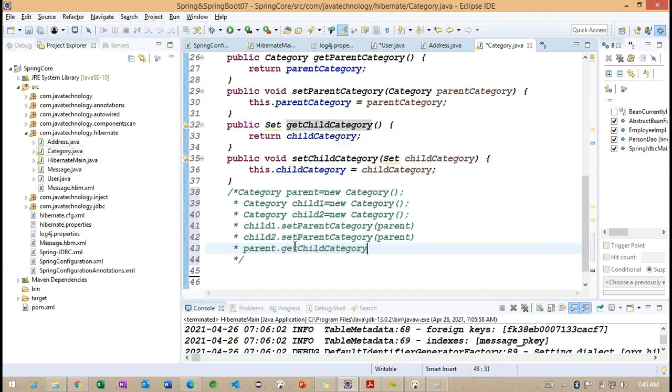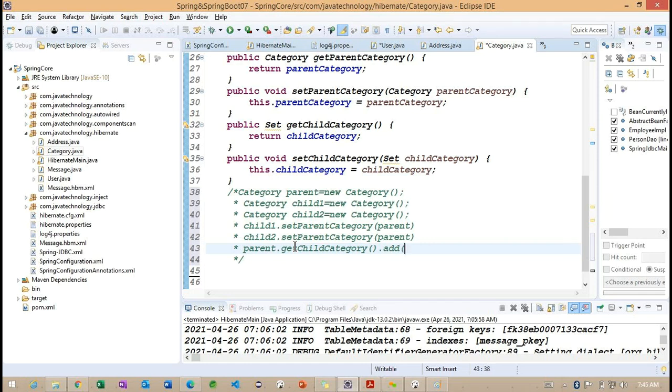So the getChildCategory method returns the set of object information, and using it we can call the dot add method. This add method is available inside the Set interface.